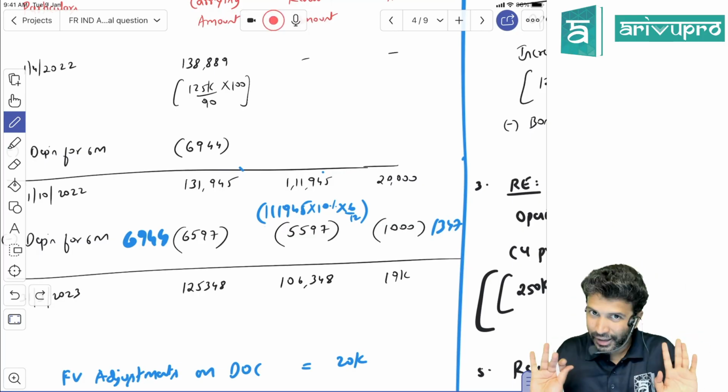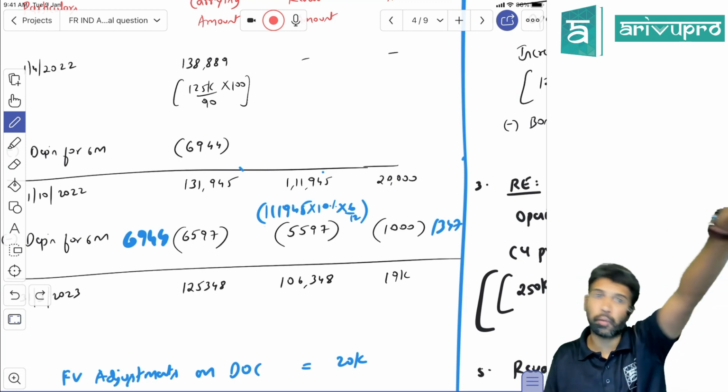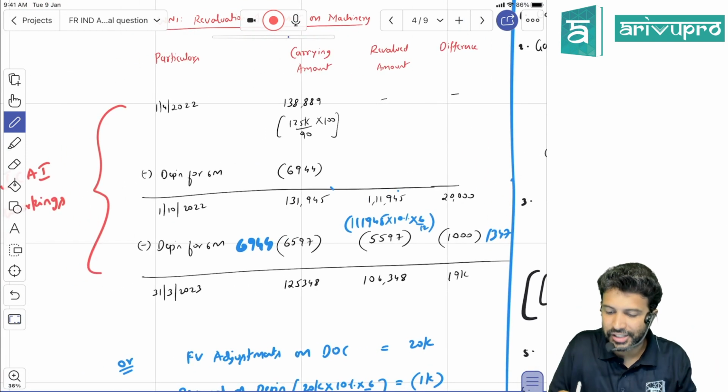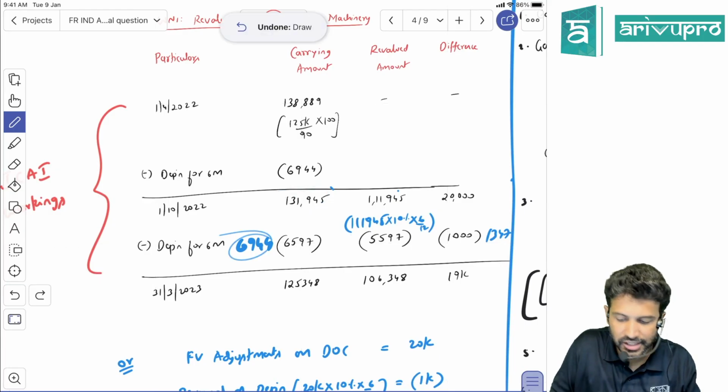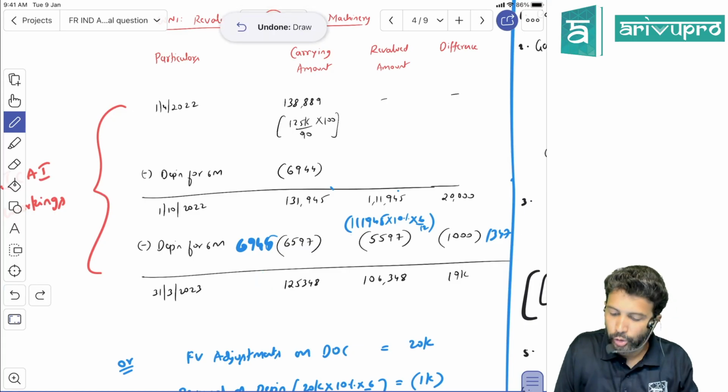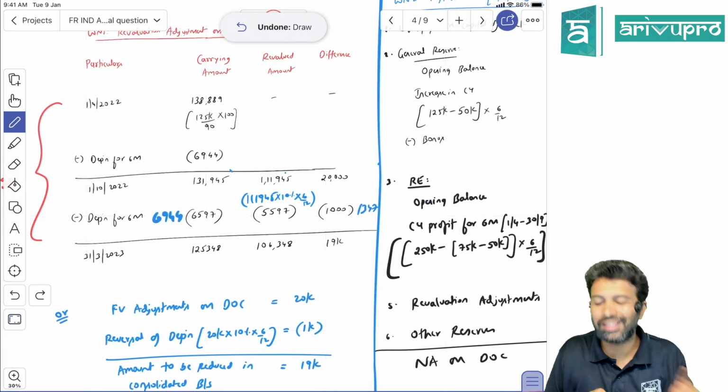Okay, in my view. That's how they've solved the DEF problem and one more problem, and I feel that is right. That's the way it is done also, correct? Now, because all the numbers are matching. Because 131,945 minus 6944 or 5545 if you do, you'll get 125, correct? So in my opinion, reversal of depreciation should have been 1347.